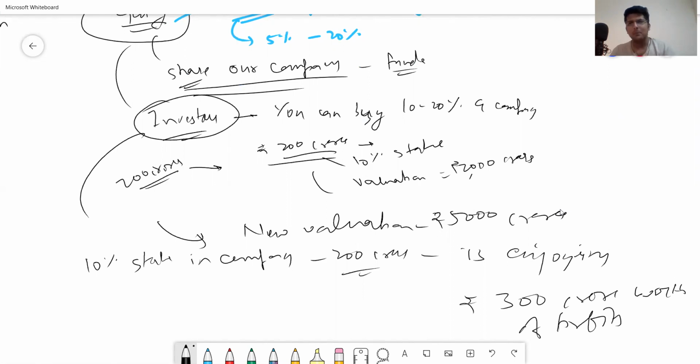But how does it happen in publicly traded companies? Now, just think of it. A company can provide different stakes to different investors. But a time comes when the company thinks we need so much funds that not one investor, not one player, can provide us that amount of money. And that is the time when they enter